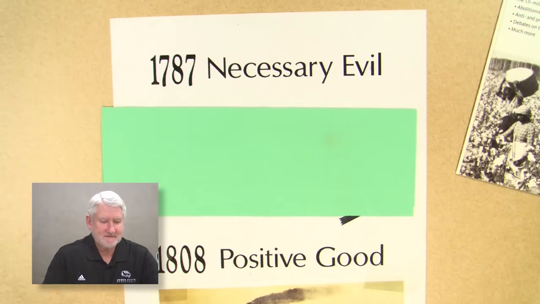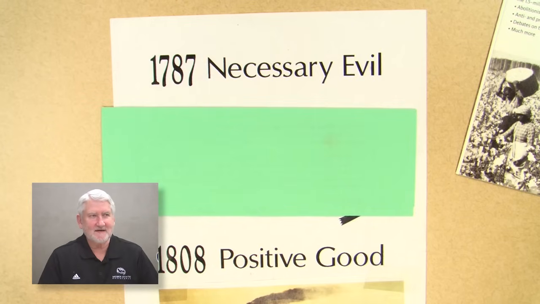Let's go down the road to 1808, when the framers thought that they would have waited long enough, and maybe we can now do something about this nasty business. Now, the Constitution said that that year we had to stop importing slaves, and we did. But what about solving the problem in general? Well, it didn't happen. It didn't happen for a lot of reasons. But let me make it clear specifically why not. Pretty easy to understand.